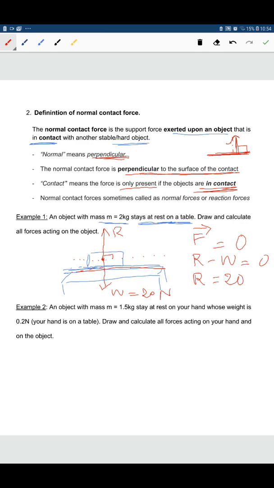Right, we look at example 2. What does it say? An object with mass